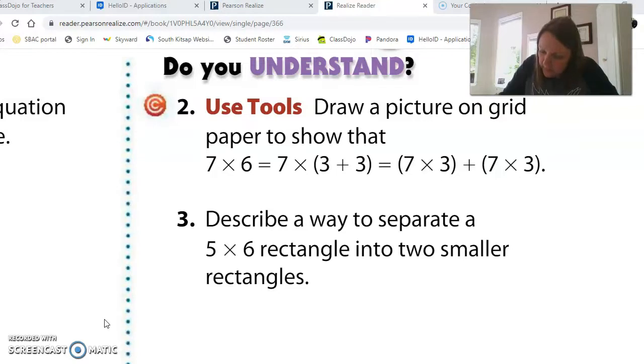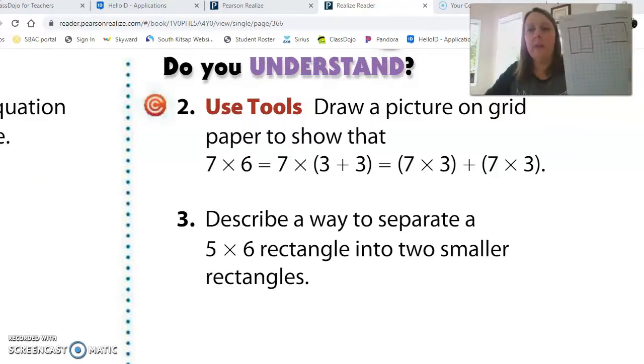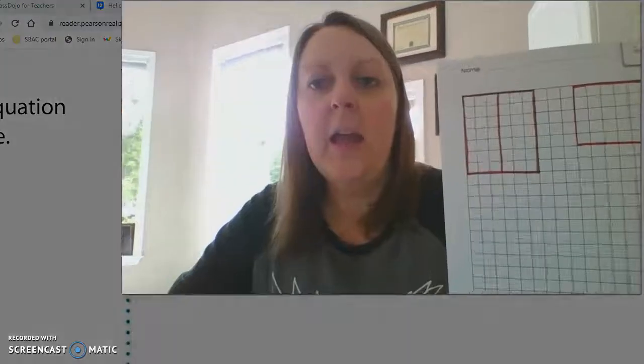Oops, 1, 2, 3, 4, 5, 6. I miscounted a little bit there. Okay, so now if I have this rectangle right here that is 5 by 6, how can I divide this, oh, this one, into two smaller rectangles? That's right, I could draw a line right down the middle